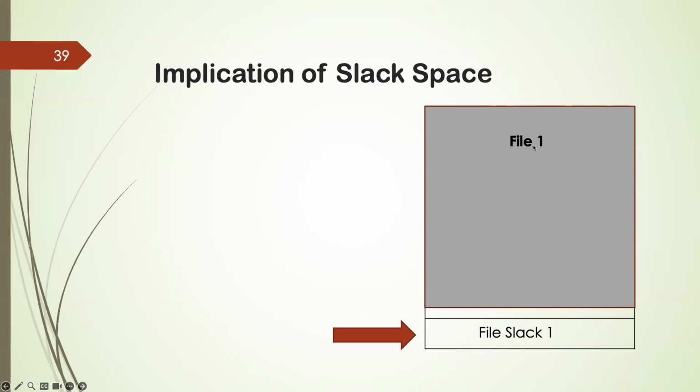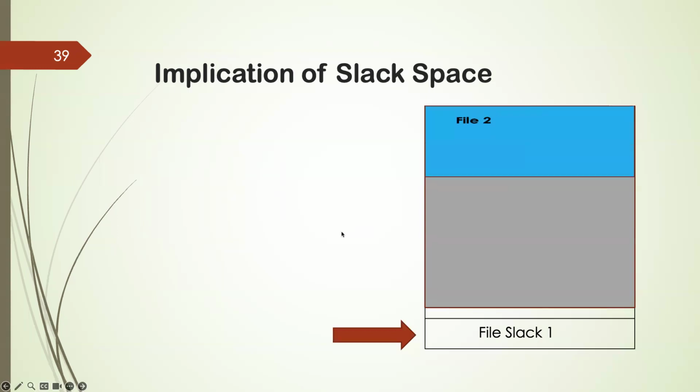Now imagine that we deleted this file. Somehow, the user doesn't need it anymore, and the user deleted this file. Will this delete this entire data? The answer is no. Why? Because we just discovered, when we were talking about the FAT file system, that whenever you delete, the data stays there. Only those clusters or those sectors are made available again. So if you delete file 1, the file system will just make this cluster available again, but the data will still stay there. Now just imagine that this cluster is now allocated to some other file, file number 2,